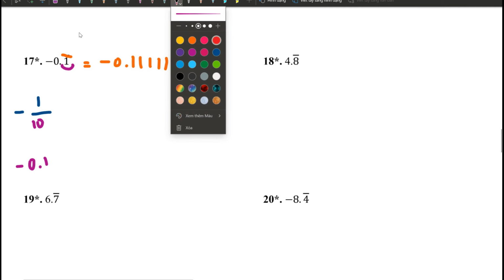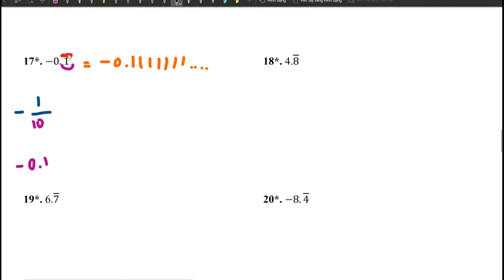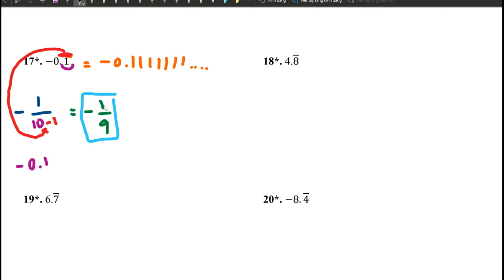So what we're going to do is treat this repeating bar as a minus 1. The concept is when you make something repeating, you're going to subtract 1 at the denominator. So that will end up with -1 over 9. Okay, this is the answer. That's it. You can put this number in the calculator. You will see that it's going to end up with 0.111111 forever.